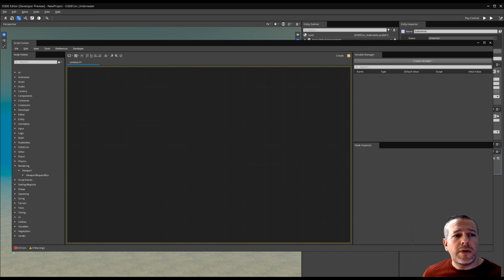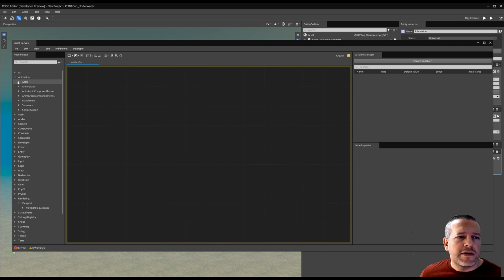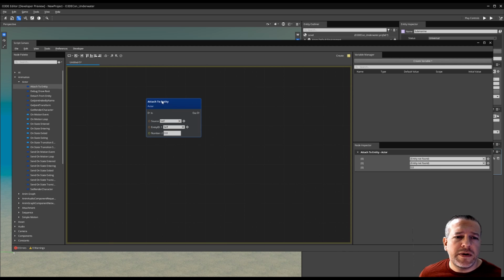Our first stop on the tour is the node palette. This is the library of all the functionality that Script Canvas can give you within O3D. You can find this on the left side. It has the ability to search. Let's say you want to search the light option, you will find everything related to light. And you can as well browse as you need. And we use it by drag and dropping from the node palette into the canvas,